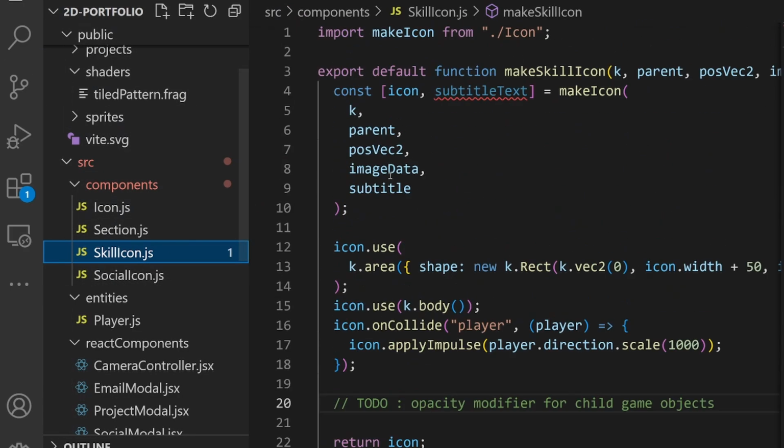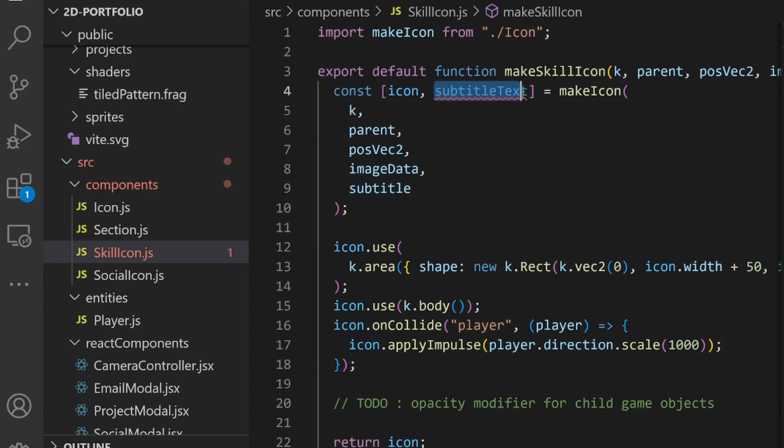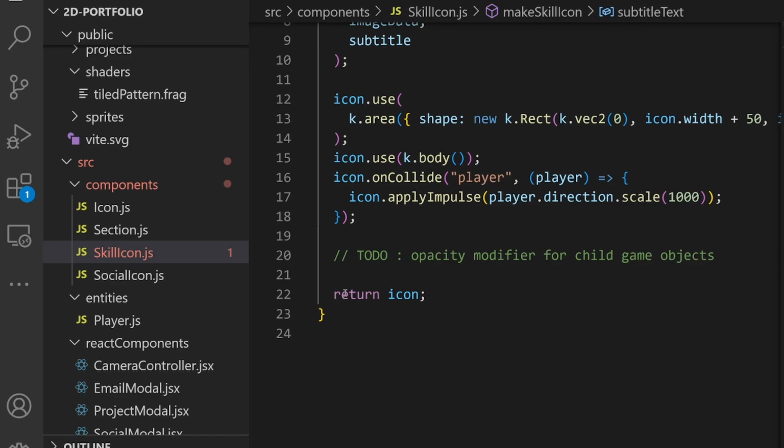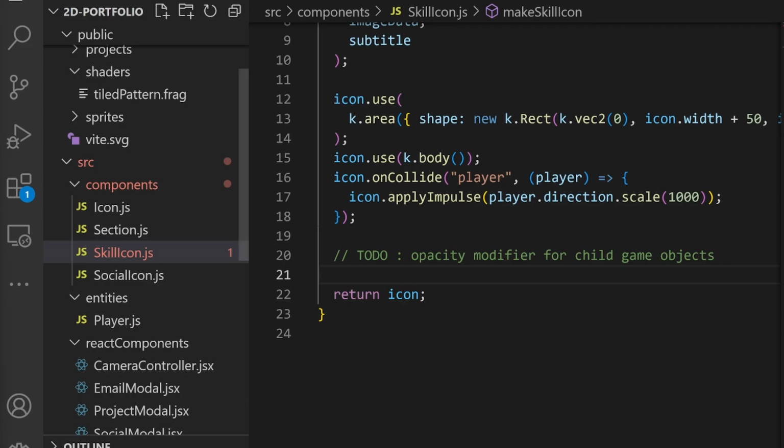Now, this is going to be used later on when we do this, because subtitle is a child game object as well. So let's leave that as is for now. Leave it red. Yeah. So now for the social icon,